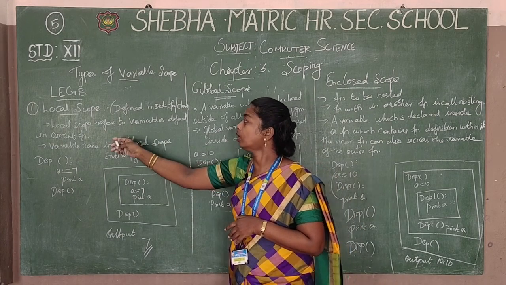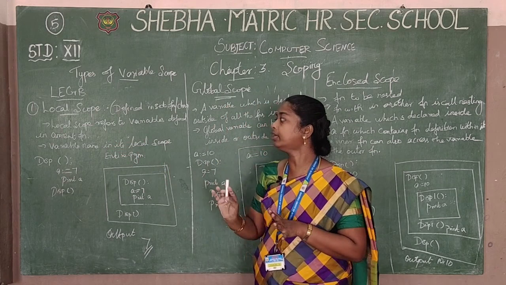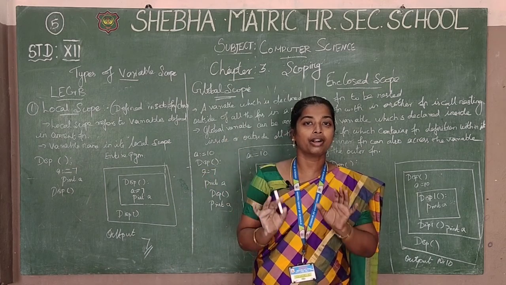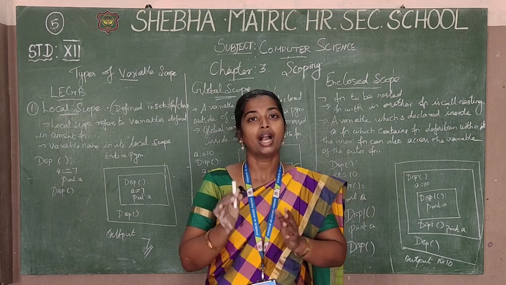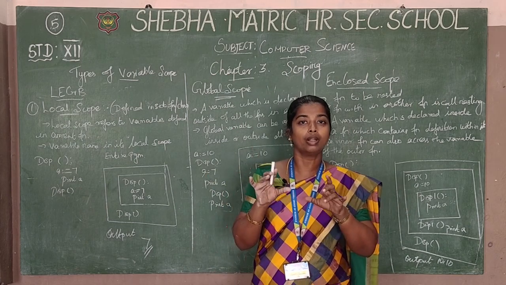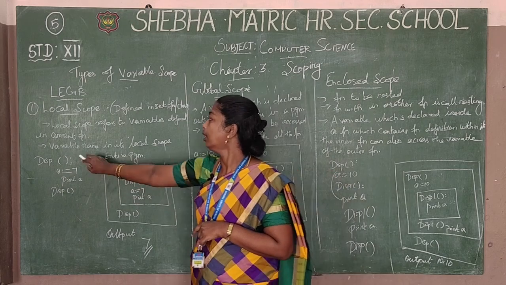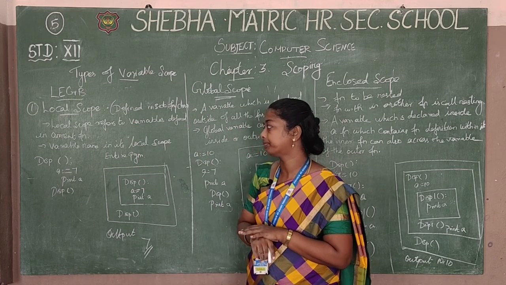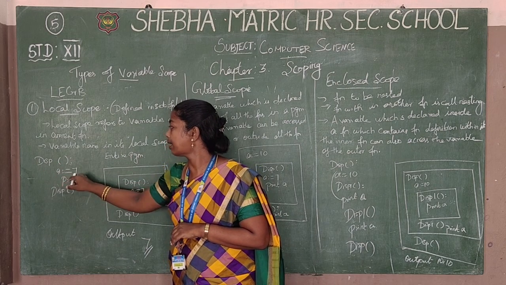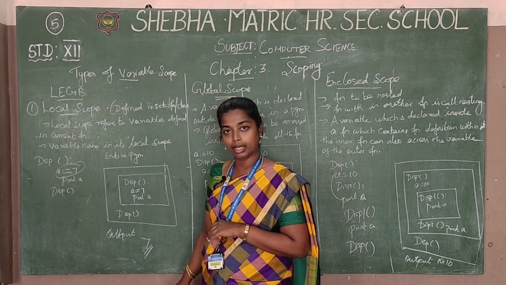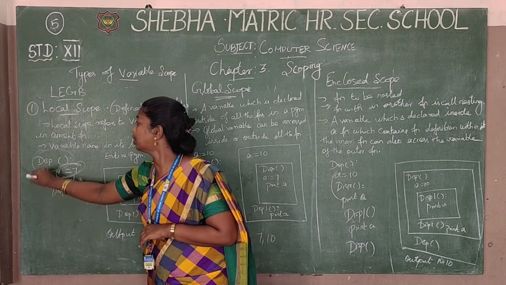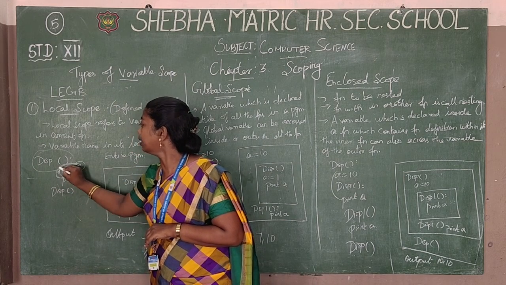Okay, this is the local scope. It refers to variables defined in the current function. Local scope is defined only for the current function; we can use it only there. It cannot be used in another function or the next part, only in that particular local scope. So the variable name is in local scope. For example, in the display function, A is equal to 7. It is a variable declaration. It can be a local variable. This is a function name. It can be used for the